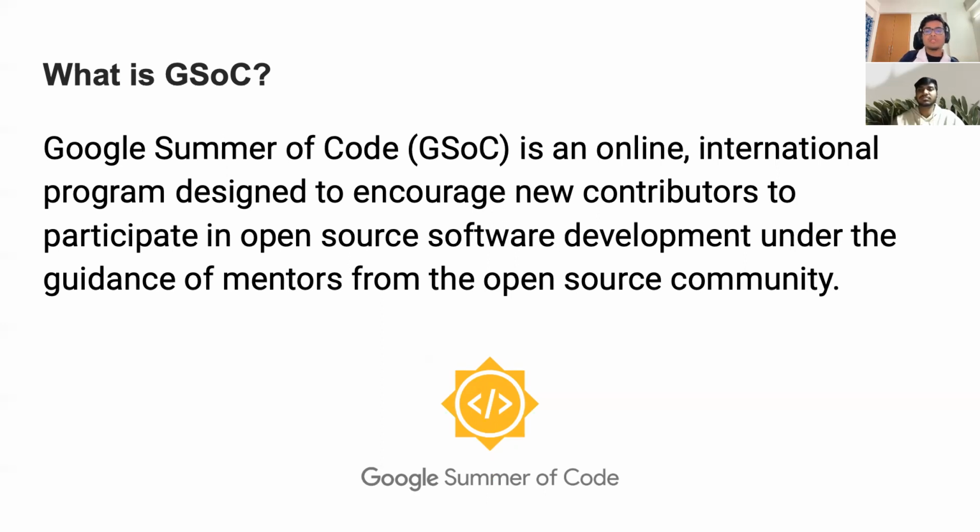So what basically happens in the entire process is the open source organizations apply for being a part of GSoC during the month of January, and they get the acceptance by March. And by March, all the projects that are going to be undertaken in that session are displayed to the students, and students submit a proposal to the organization. And upon being successfully selected, they get to work with that organization for approximately 12 weeks or 22 weeks, depending on the type of project they have opted for.